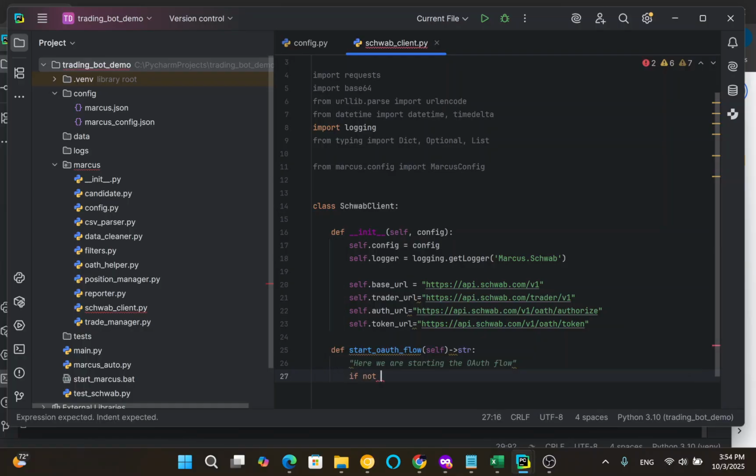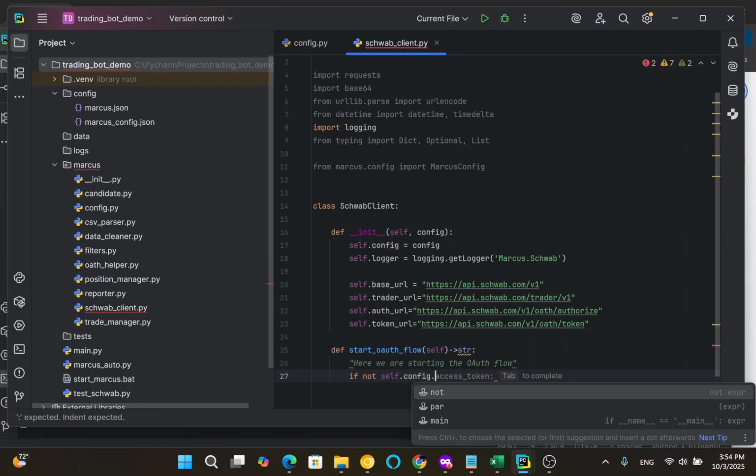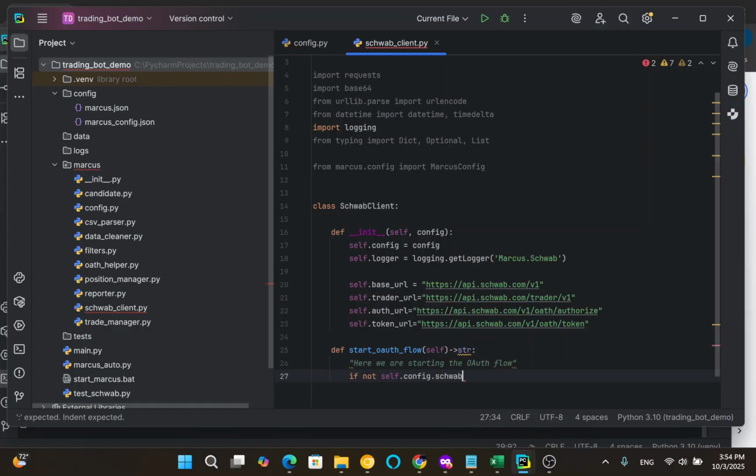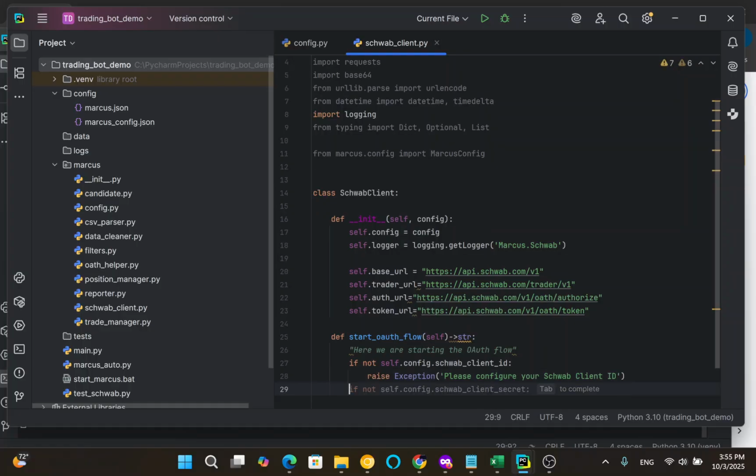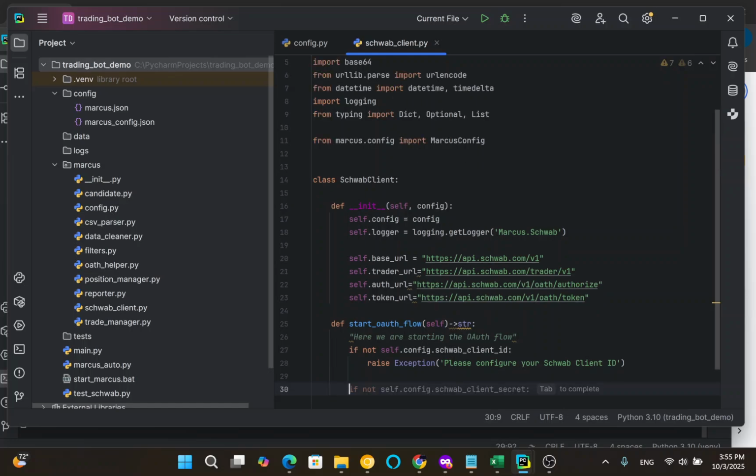If not self.config.schwab_client_id, raise exception: Please configure your Schwab ID. But if that's not the case, then for auth now we are building